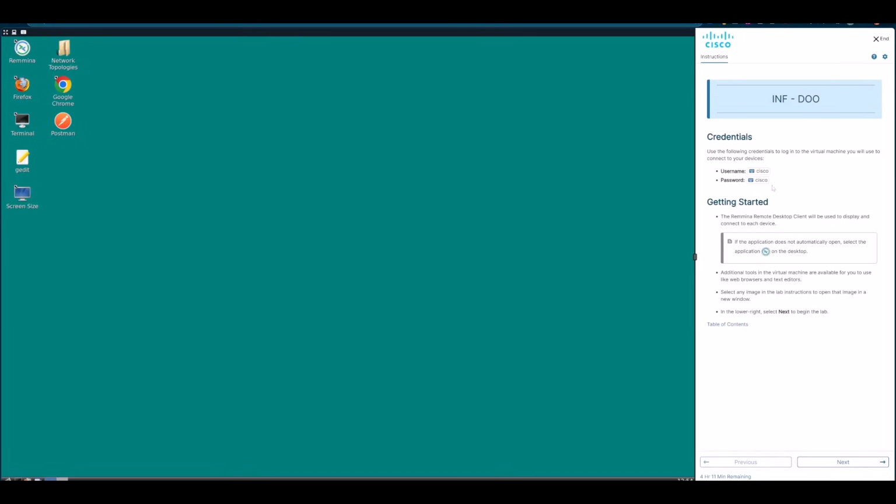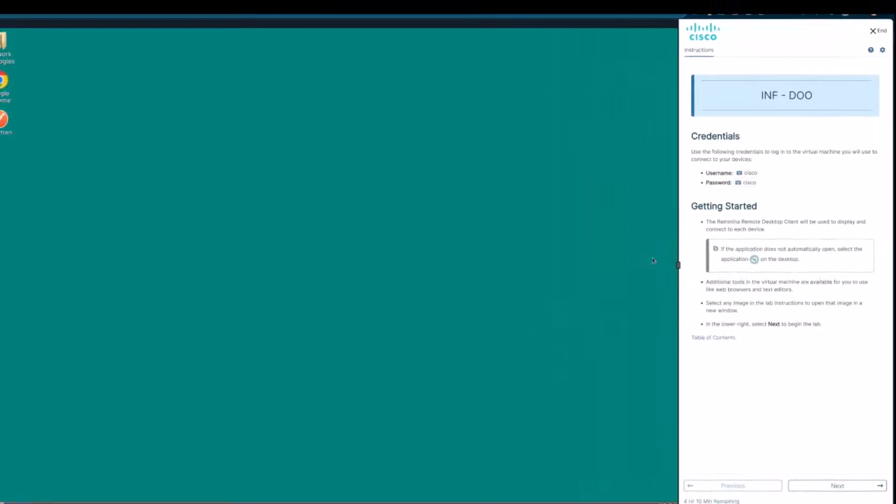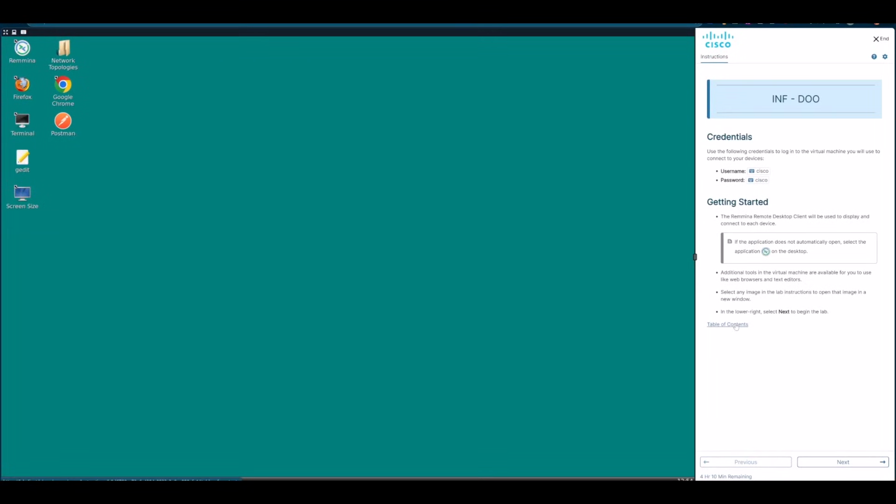We start off with the credentials section to actually get into your host. And then we've got some instructions on basically what you will be using to connect to other machines in the lab environment. You also have a table of contents, but before we jump into that,